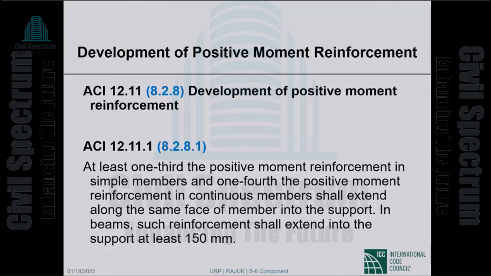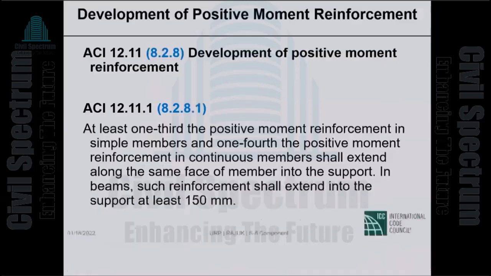Under gravity, it may be okay, but anyway, this is where structural integrity reinforcement comes in, which I will discuss with you in a week or 10 days, maybe. I don't know. But this is the requirement as far as the positive moment reinforcement goes. You extend it 6 inches into the support, and that is 1/4 of the positive reinforcement in continuous spans and 1/3 in simple spans.